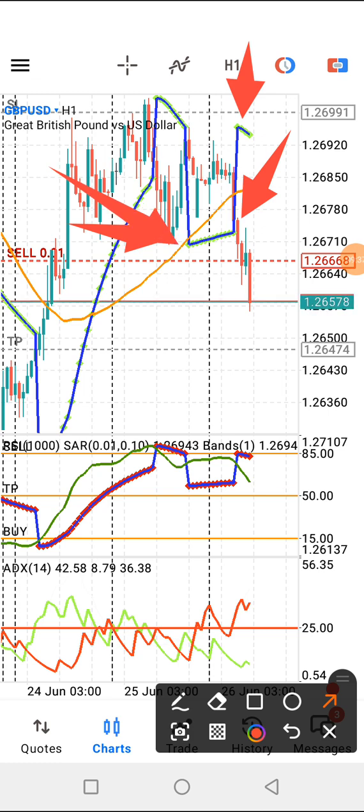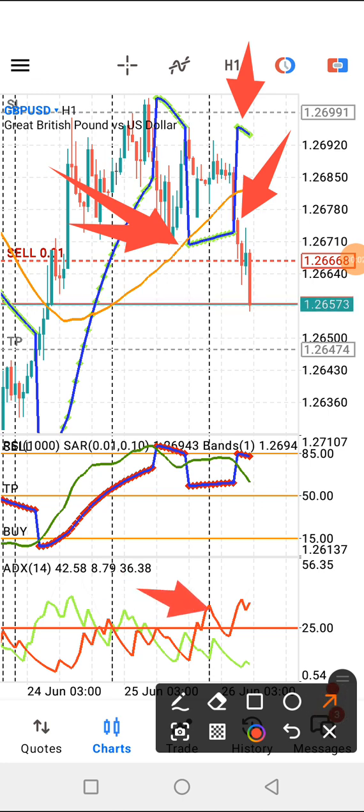But it was above moving average 50, meaning it's only buy. Price only did pull back at that instance. So before you take your sell, you want to see price go below it. That's the first condition. The second condition is that it should be below the moving average. The third condition is that what you will notice in your ADX is that